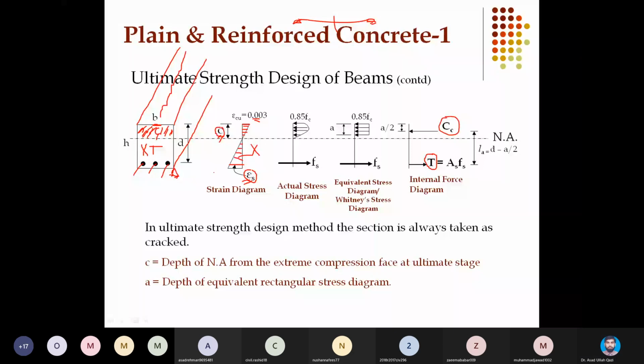So in testing, if we know this strain diagram, we can solve the complete problem, because from the strain diagram, as we mentioned in the assumptions, we know the stress-strain of the materials. From strain I can draw the stress, as in this picture above the neutral axis. This is the strain diagram, and for concrete I know the stress-strain curve, so that is why from this strain diagram I can plot this stress diagram.